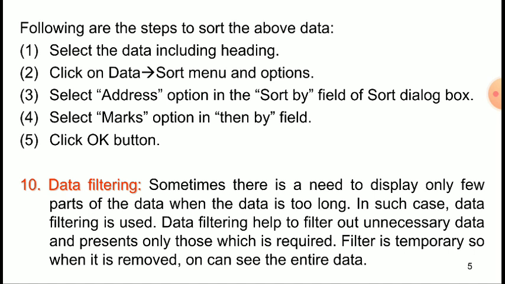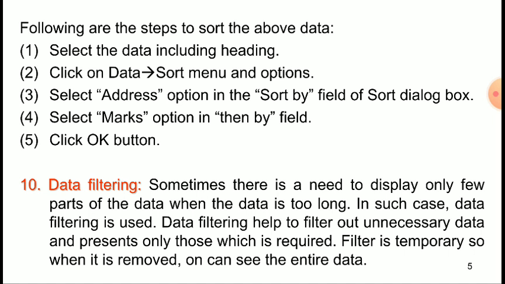First, select any cell among the data and click on the Data menu, then Filter, and then the AutoFilter menu and options. You will find drop-down arrows at the top of each column. Click and hold down the arrow on any particular column. It will display various options such as All, Top 10, Standard Filter, and the data related to the selected column. If you select Ahmedabad in the address field, it will display the name and marks of the students staying in Ahmedabad only. If you require a specific option, select Standard Filter.